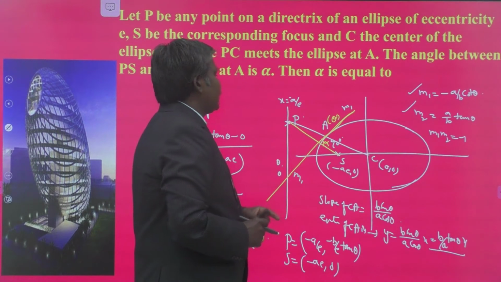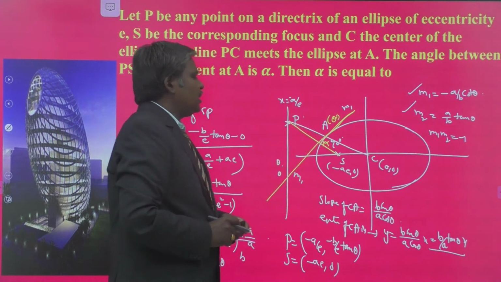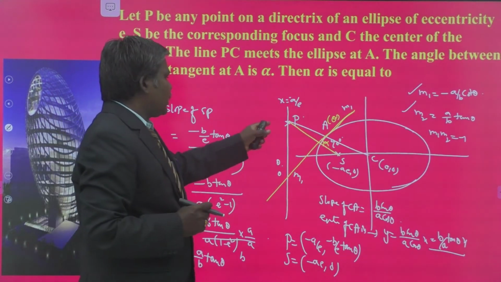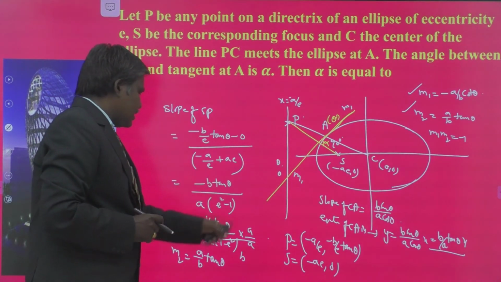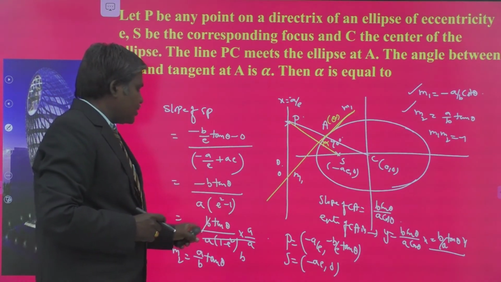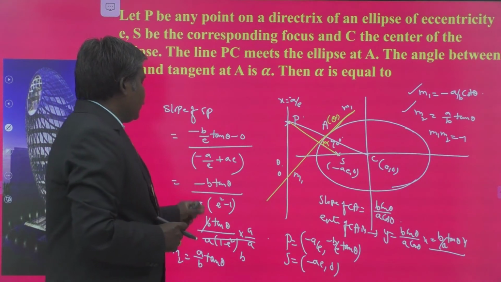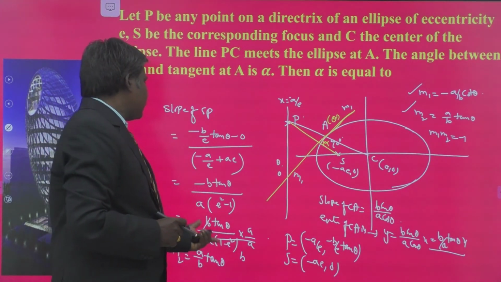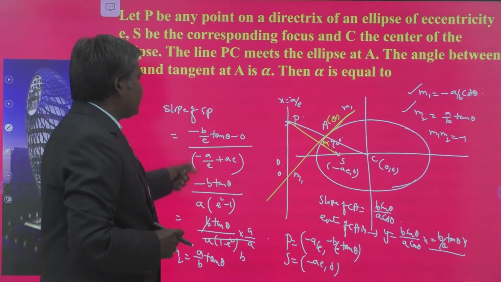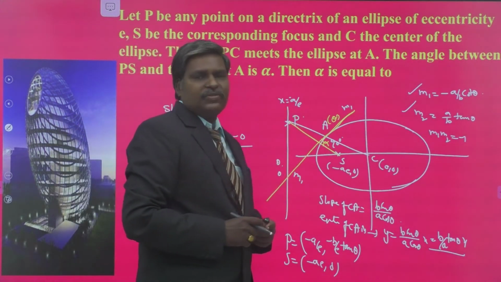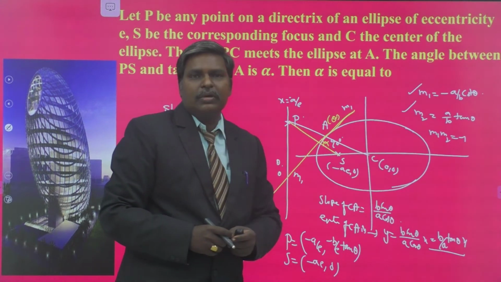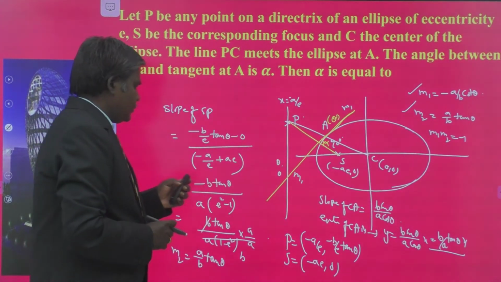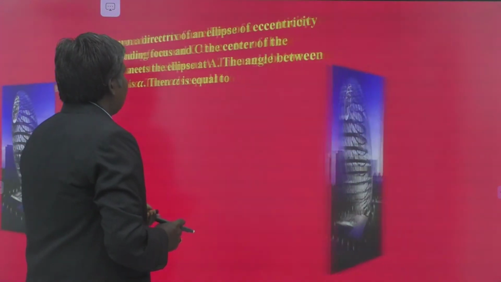And we are solving with the directrix, x equals to minus a by e. That is one and only. Take some time. After getting the coordinates of P, the problem is very easy. Even though we have to calculate here, the conversion is also very important: b square is equal to a square into 1 minus e square. You implement all these things, then only we obtain the product of slopes as minus 1. From that we conclude that the angle between those two lines is what? 90 degrees. Understand? We will move to another problem.